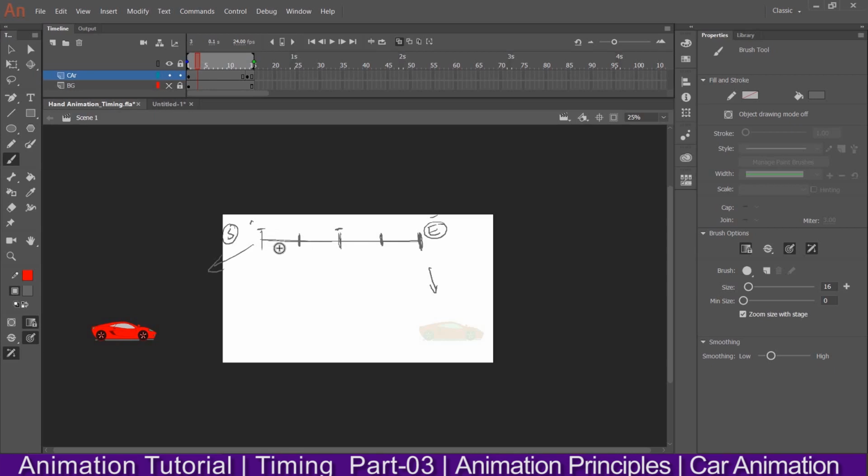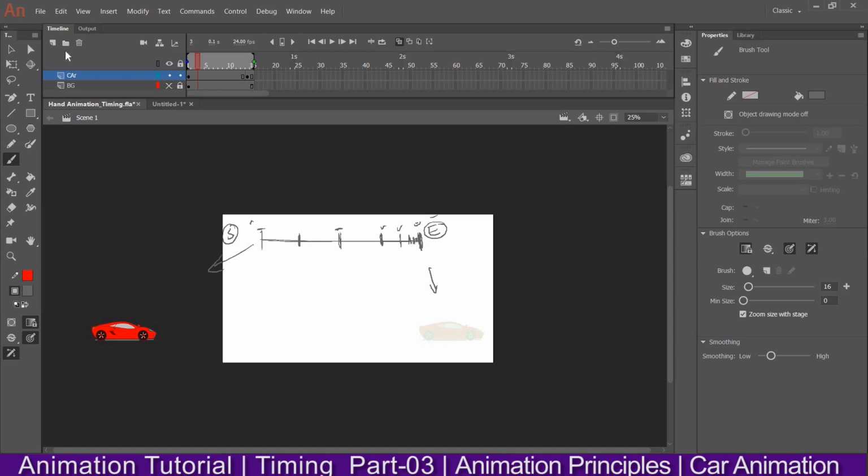If not, then I can put more in-betweens, but for the time being I'll not draw anything in between here or here. I'll draw between this and this, between the last two frames. For this I'll draw here, and again for this and this I'll draw another one, and again I'll draw 2 more. Okay, and see if it is looking convincing or not. So let's do it and see.